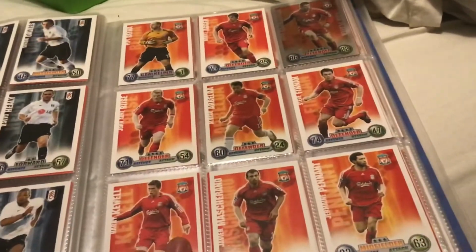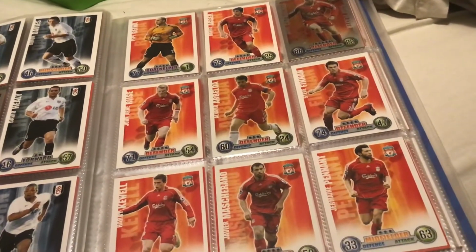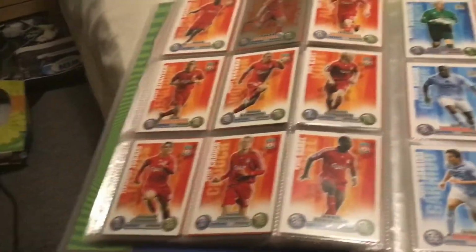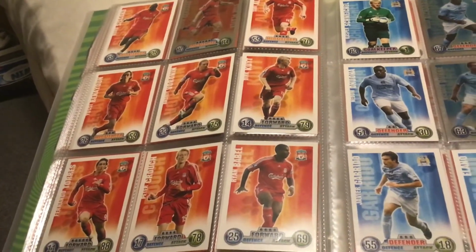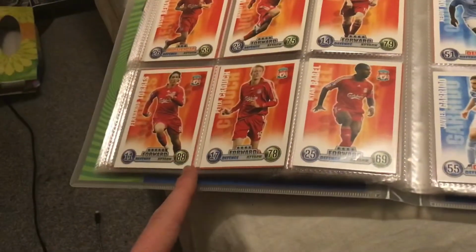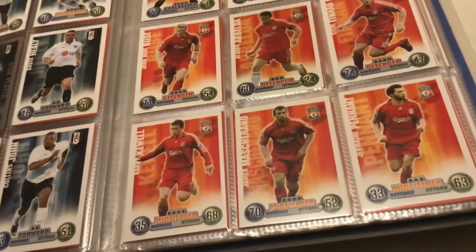This is another one of the best teams, Liverpool, with 86 defence on Carragher, star player, and the other star player, Steven Gerrard, 80 and 84, and that's kind of a precursor to his man of the match card, which you'll see later. Other good ones here, we've got Fernando Torres, 88 attack. I'm not going to point this out for every team when they have good players, but